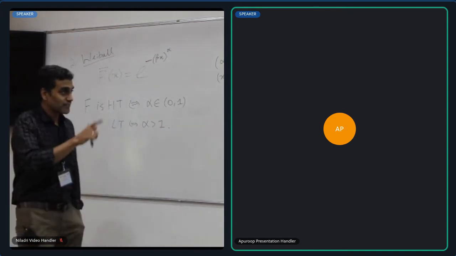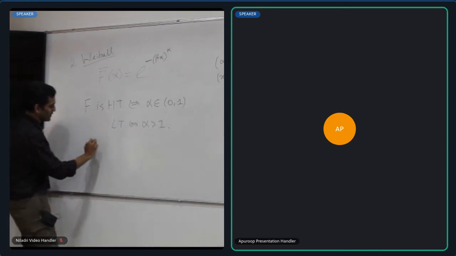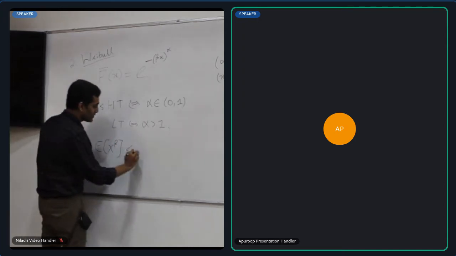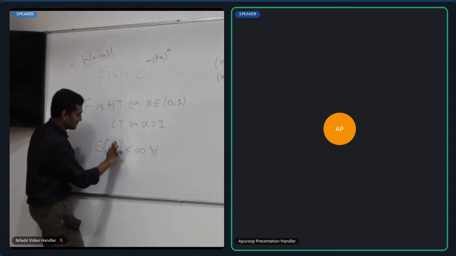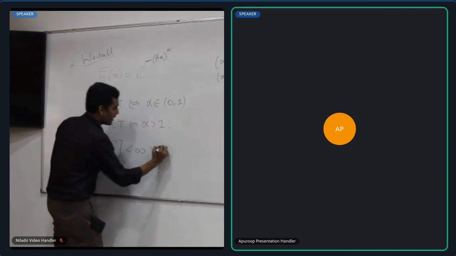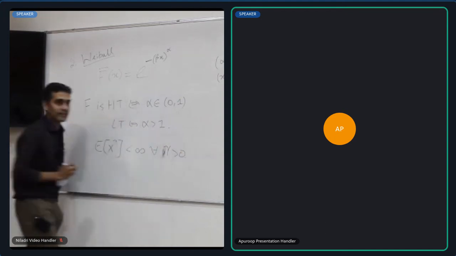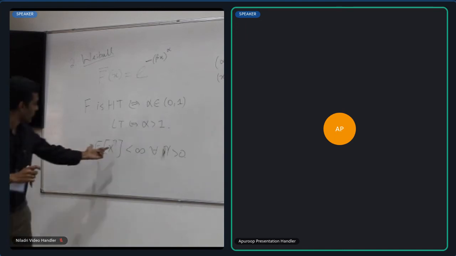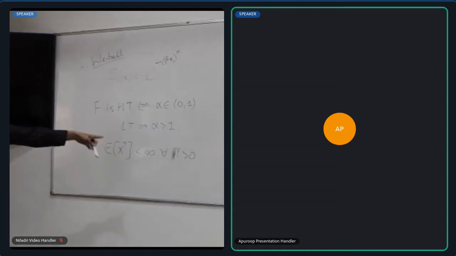And coming back to this question that was asked earlier, if you look at the Weibull, one can actually check that polynomial moments of the form x raised to gamma are finite for all gamma greater than 0. So in the case of the Weibull, unlike in the case of the Pareto, where up to a certain point these polynomial moments are finite and then they become infinite, that's no longer the case. Weibull is heavy tail, but all these moments are finite.